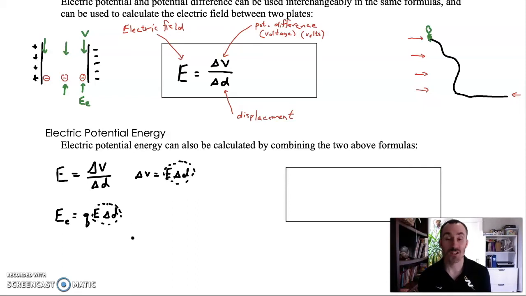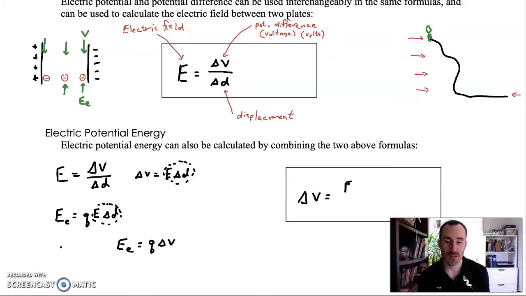And so then we can just sub in our change in V there. So then we get electric potential energy. Let me write this over here. Electric potential energy is equal to charge times potential difference. Okay, now we're going to write that a slightly different way over here, though that is a useful piece of formula as well. We're going to write it in terms of potential difference